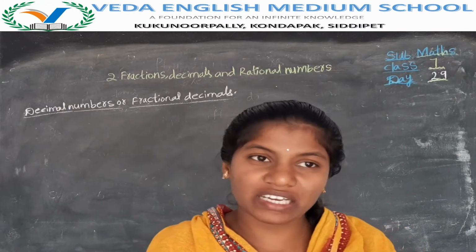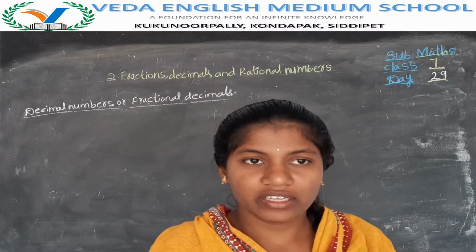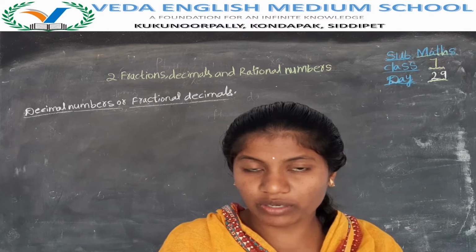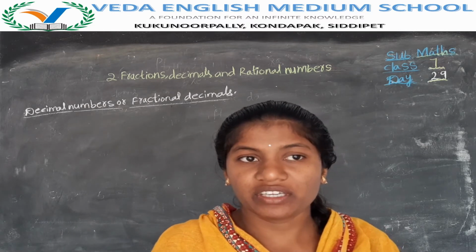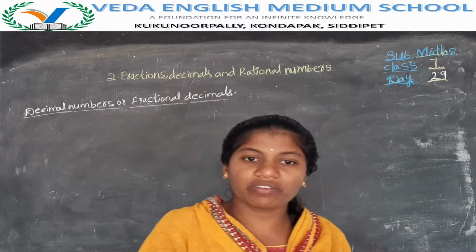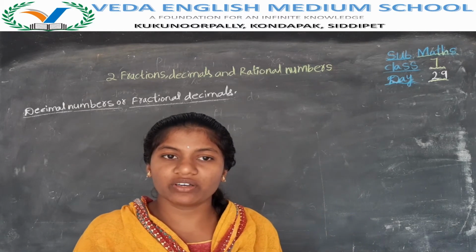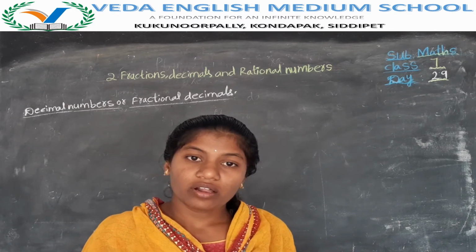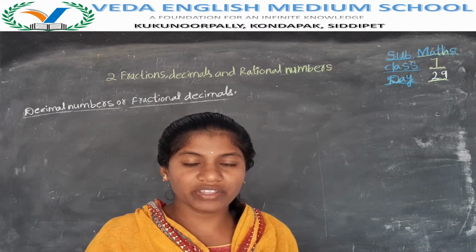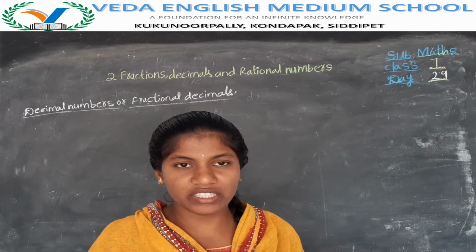Okay, in our previous class we have completed divisions and we have learned how to write reciprocals also. Reciprocal means we have to write the fraction in reverse. Then we learned how to divide two fractions, how to divide a whole number with a fraction, how to divide a fraction with a whole number, how to divide a fraction with a mixed fraction, and how to divide a whole number with a mixed fraction. Like this we have learned these types of divisions.